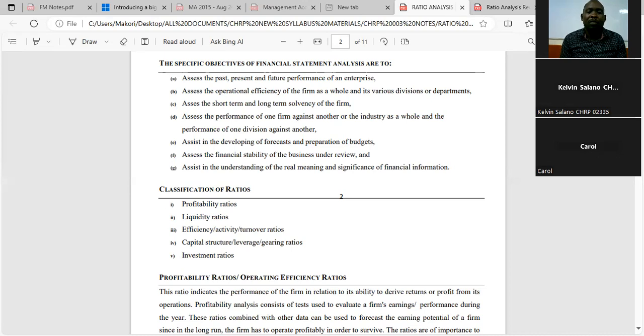Then we have the efficiency, activity, or turnover ratios. These are ratios that we normally use to evaluate how well an organization is utilizing the assets to generate revenue. We have got assets worth a certain amount of money. Are we utilizing these assets effectively and efficiently so that we can be able to realize profit? So activity ratios or efficiency, how well we are using the assets that we own in generating the revenue. If we have got a lot of assets, but the revenue is very small, then it simply means that we are not utilizing our assets properly. Some of our assets or a lot of our assets are just